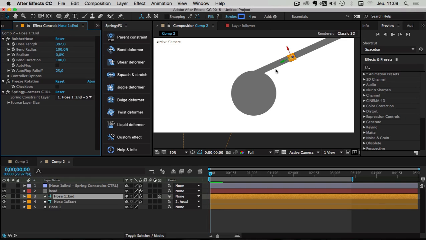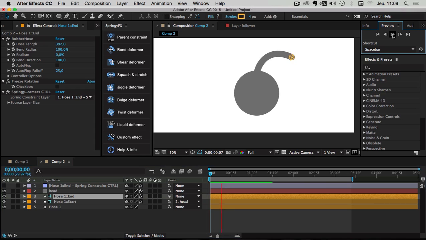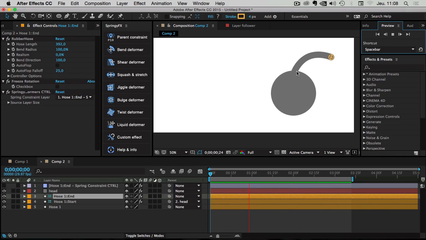And as you can see, the end doesn't work properly by default. This is only due to the fact that by default, the parent constraint transforms each selected layer into a 3D layer. But let's disable the 3D option here. And now, as you can see, the issue has been fixed. So now let's play the animation. Okay, pretty cool. So how cool is this? Just with the click of one button, you have now a cool springy antenna on top of your character's head,